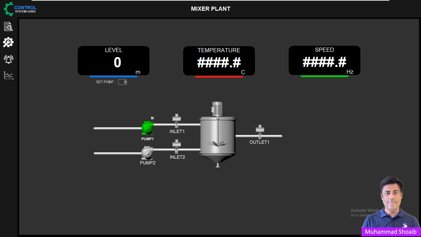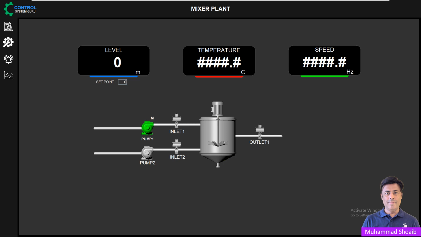Welcome back. Today in this tutorial video, we will learn how we can configure a Genie. So let's understand what is a Genie. In Plant SCADA, the Genie is a reusable graphic object or a group of objects that you can store in the Genie library. So instead of configuring every object individually, you can design a Genie once and reuse it